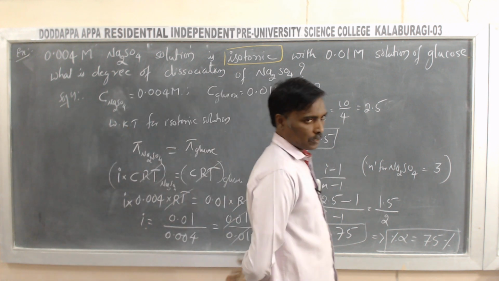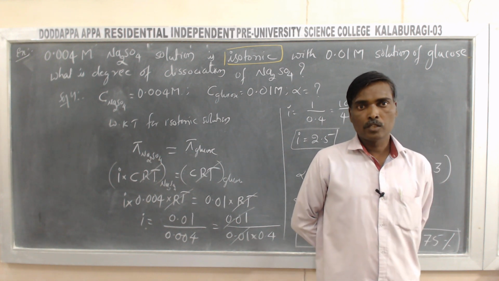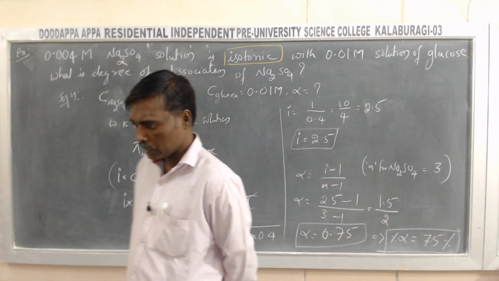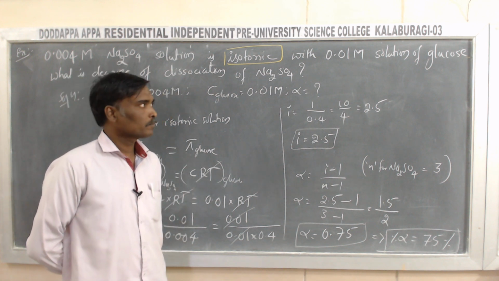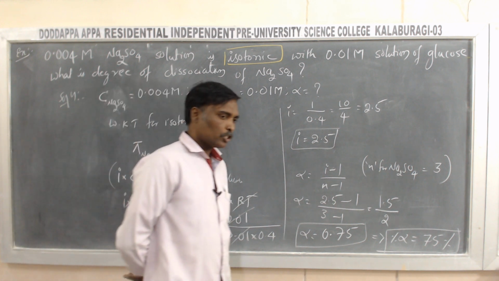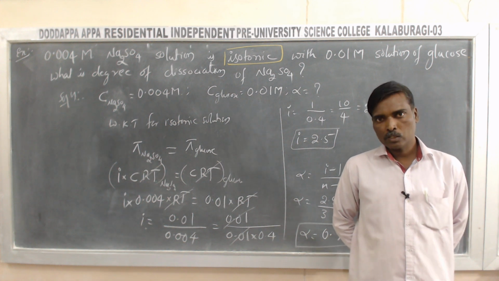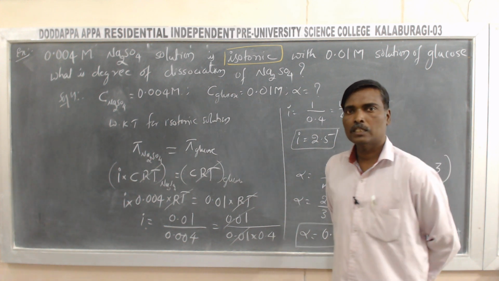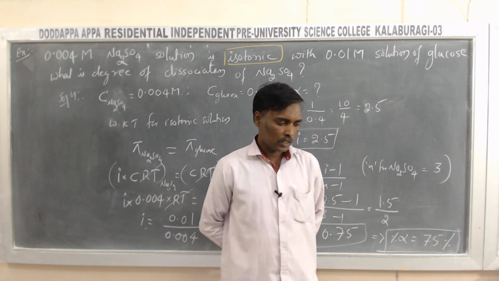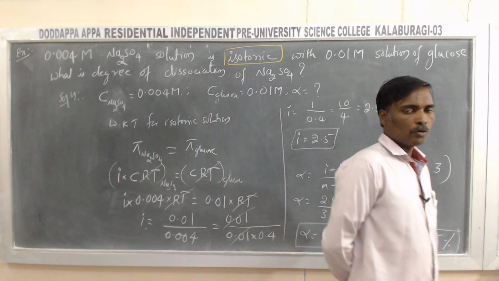Then the types of solutions. Then we studied the laws, Henry's law and Raoult's law, for liquid solutions. Another important topic was ideal and non-ideal solutions. We discussed which type of solutions form ideal and which form non-ideal, and how non-ideal solutions deviate. There are two types of deviations, positive deviation and negative deviation from Raoult's law.